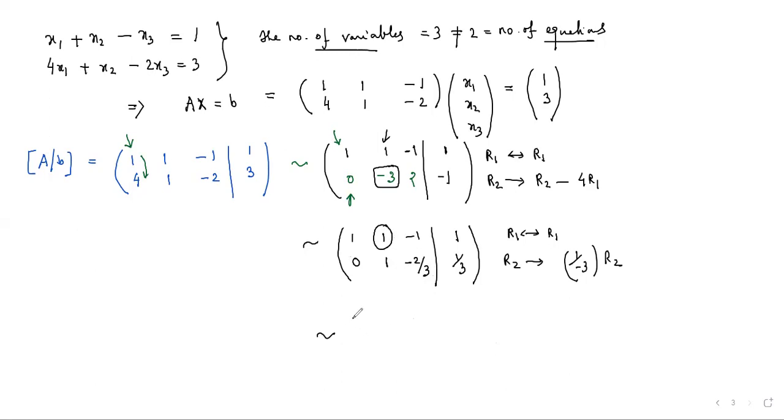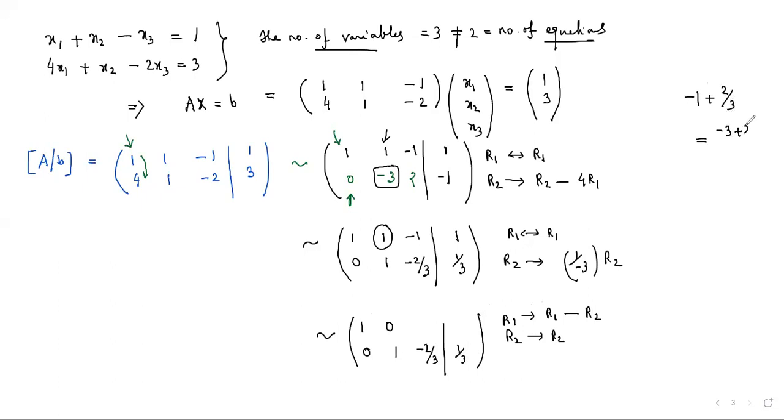So I'm going to apply my last operation in the following manner. Here I'm going to keep R2 fixed, so I'm going to write 0, 1, minus 2/3 and 1/3. And I'm going to change R1. So I'm going to subtract R2 directly from R1. So we get 1 minus 0, that is 1, 1 minus 1, that is 0, and minus 1 minus plus 2/3, that is minus 1/3.